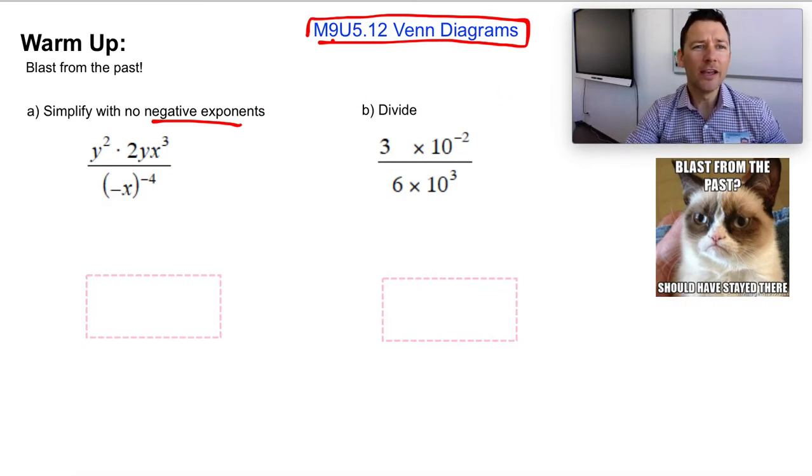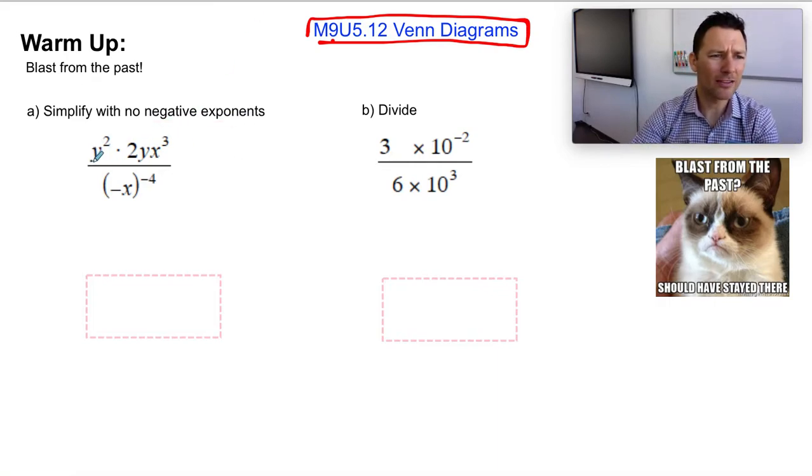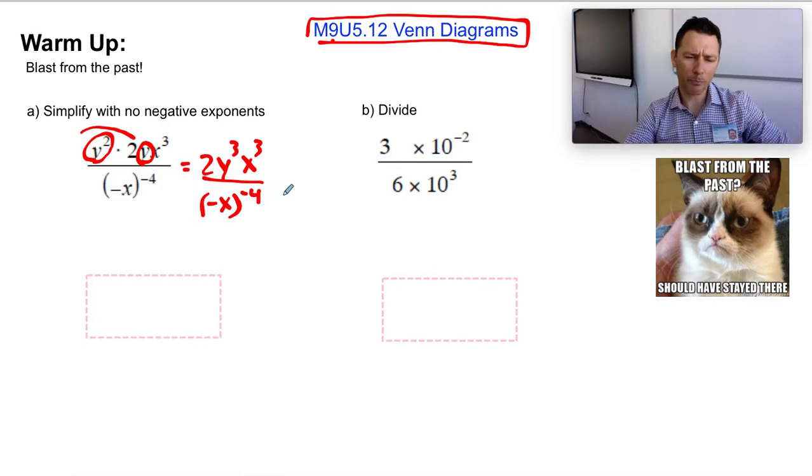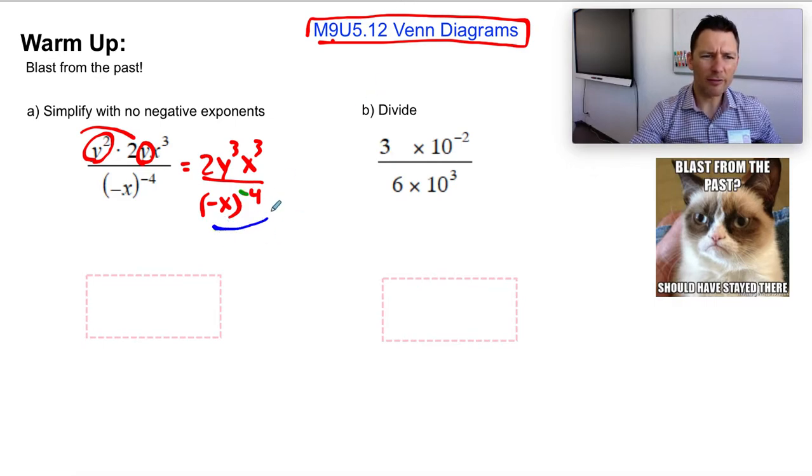All right, so here we go. If you're simplifying this with no negative exponents, you can put the y's together. So put those and those together. So put the 2 out front. So this should be 2y. There's y times another y, so y cubed. And x cubed is still here. And all of this is still here as well. Fine. This negative brings all of this stuff